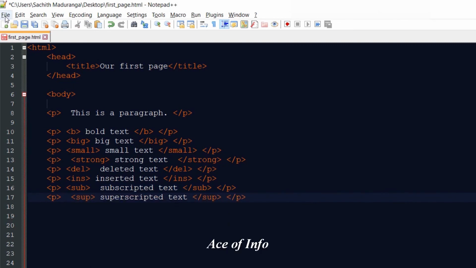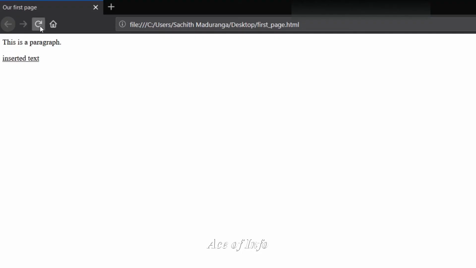And I'm going to save this. Let's see if these things work. Okay, now we have all the text formats, right?